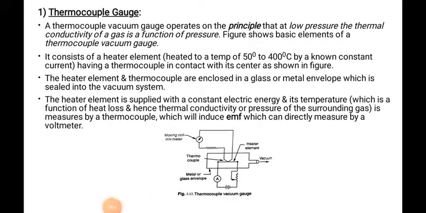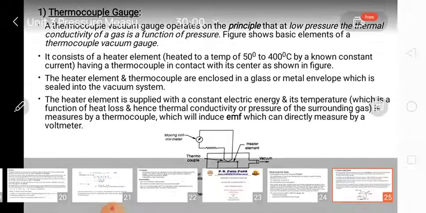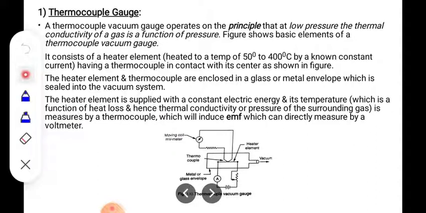Now, in the working principle, here in the diagram we can observe that there is one circuit shown. In that circuit one battery is provided, one ammeter is there, and a variable resistance is there. This is the representation of the variable resistance, and the horizontal line between these two dark points is the wire.